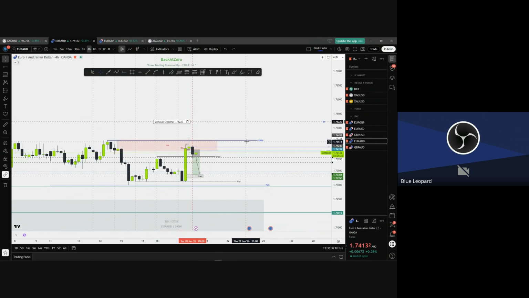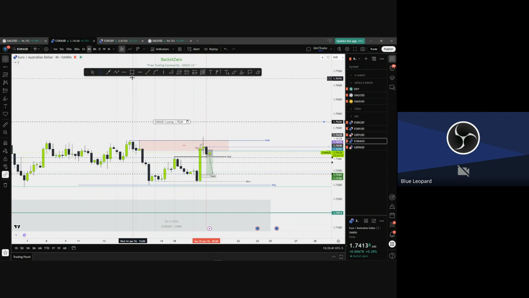Now, this is another strategy that I'm showing you, but it's almost the same principle. On H4, what do I have? I have the breakout structure. Okay? You can see the breakout structure here. After the breakout structure, I know my highest point is up here, and my lowest point is down here. What are those?